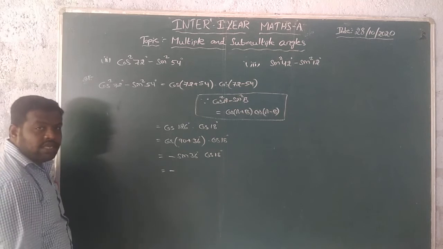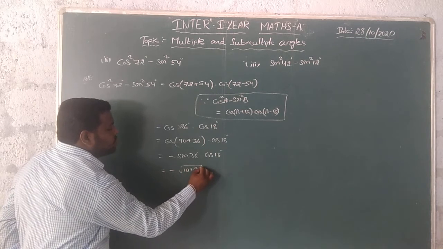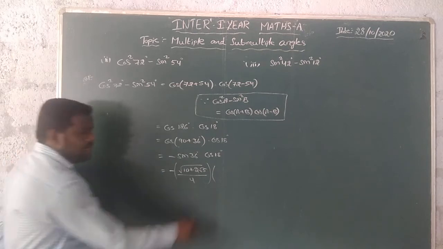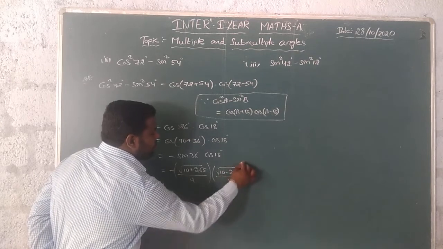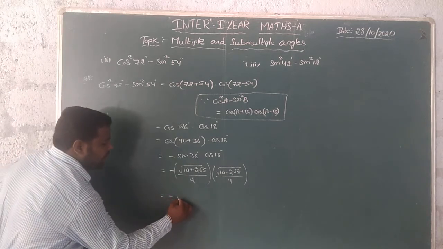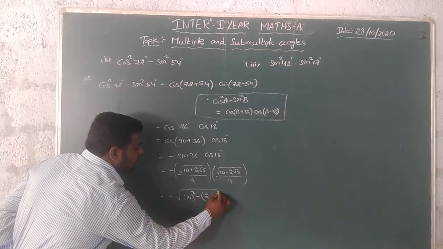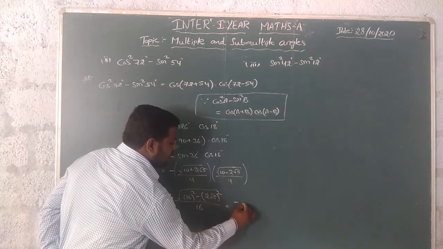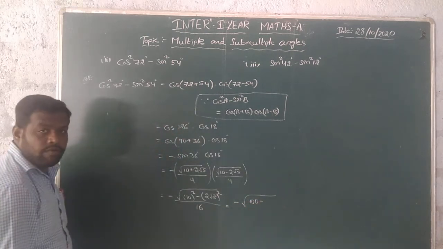So minus, what is the value of sin 36? We know the value of sin 36. That is under root of (10 plus 2 root 5) by 4, into cos 18, under root of (10 minus 2 root 5) by 4. So the numerators are in the form of (a plus b) into (a minus b). So minus under root of a square, 10 square, minus b square, (2 root 5) whole square, by 16. That equals minus under root of 100 minus 4 into 5, that is 20,